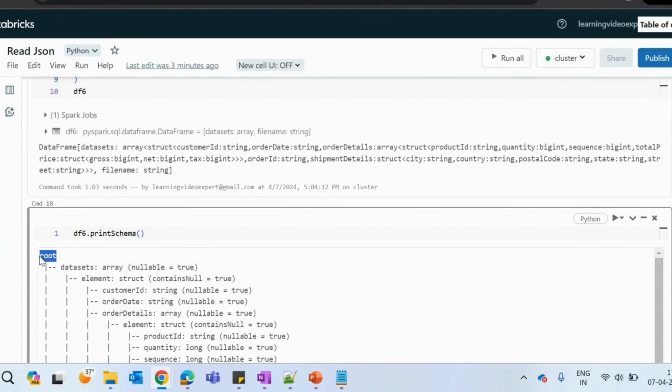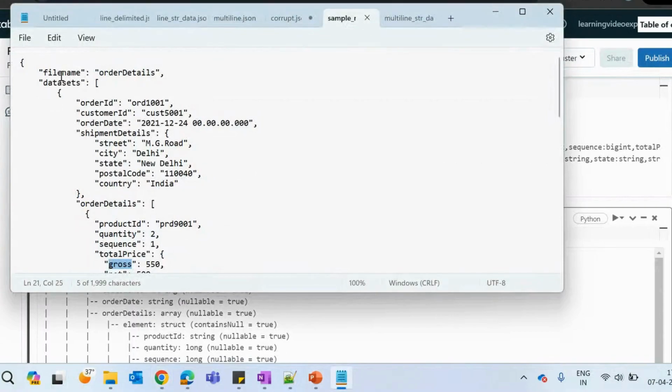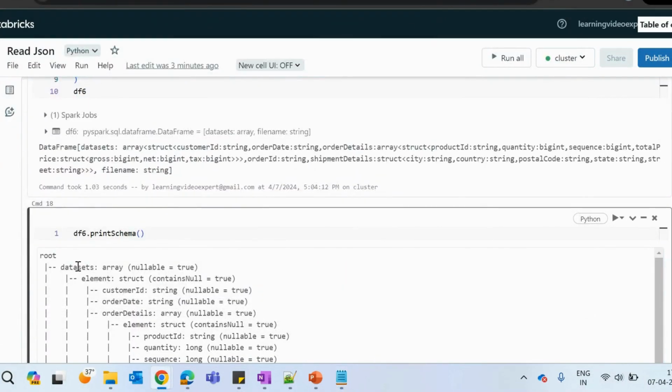So if you see here, we have the root. Inside the root, the first element that we have is our data set. Inside this data set, we have element. And inside this element, we have our customer ID, order date, and order detail. But inside this data set, we also have a struct type, another element.